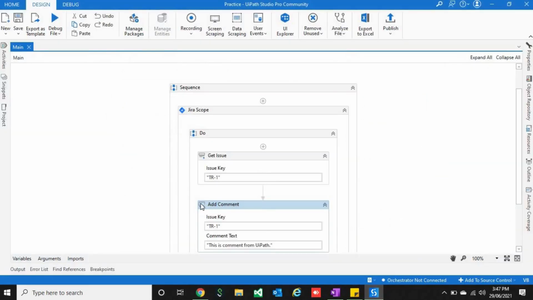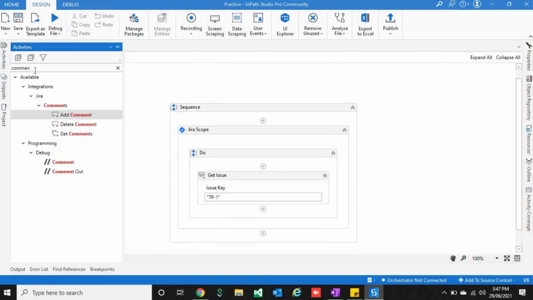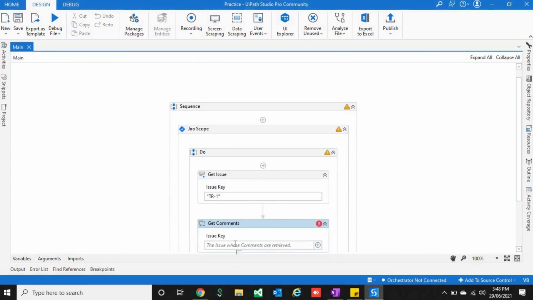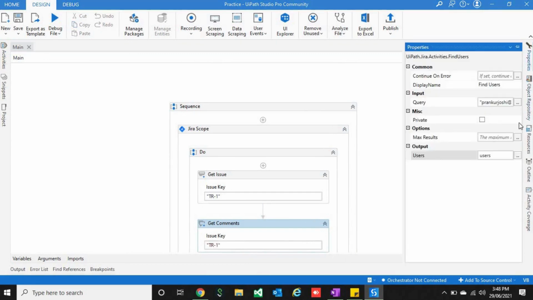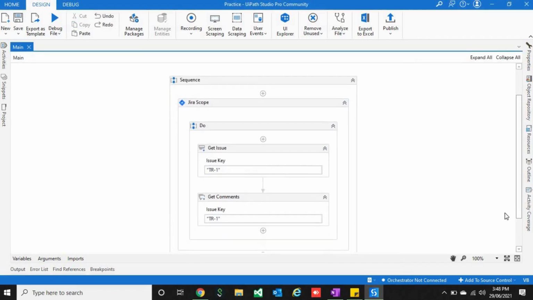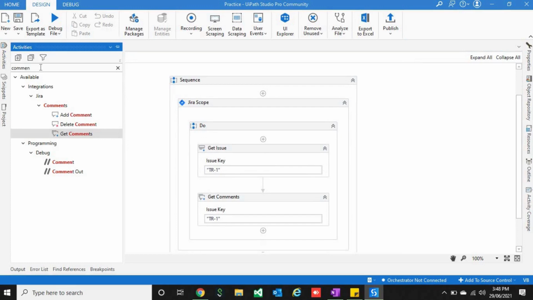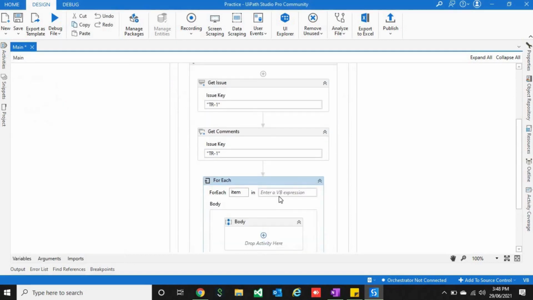Now, if you want to delete a comment, you need to use this Get Comments activity, providing your issue key. It will return you all the comments, an array of all the comments. So let's say something like this. Then you will have to iterate on all the comments.